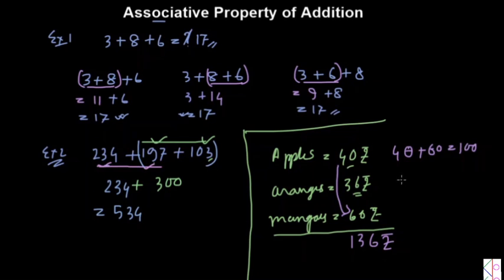Total amount is 136. If we use the second option, that means 40 plus 36, in that case it is a little bit complex in comparison to the previous one. So we get, no doubt, 76 here. So again 76 plus 60 equals, we get the same amount of money, that means 136. But the previous one is the better option. If we use the associative property of addition, we get the